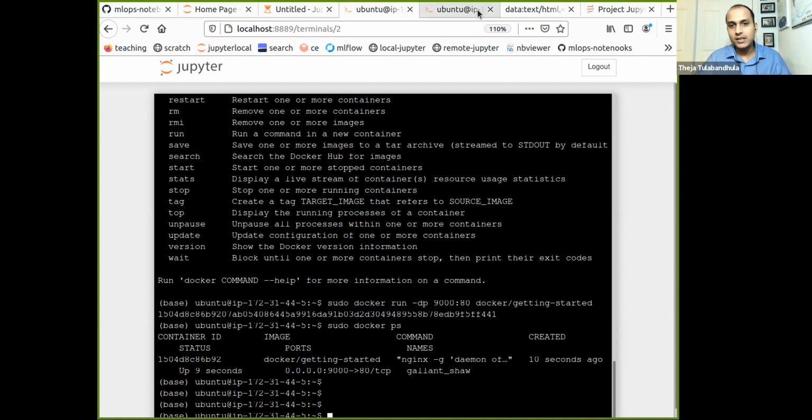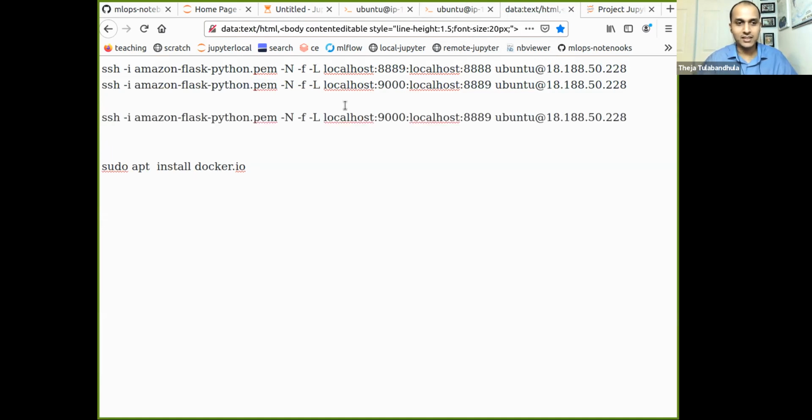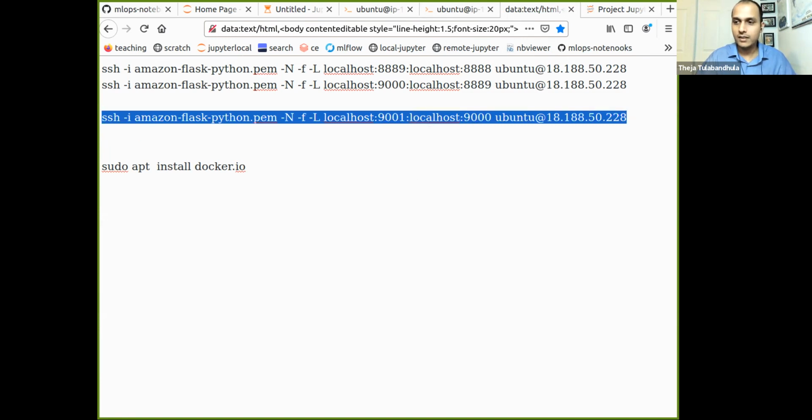What we'll do is check that I gave the right ports. Let me run one more command, which is, locally, I want to view whatever was running at port 9000 on the remote machine. So I'll just run this locally.